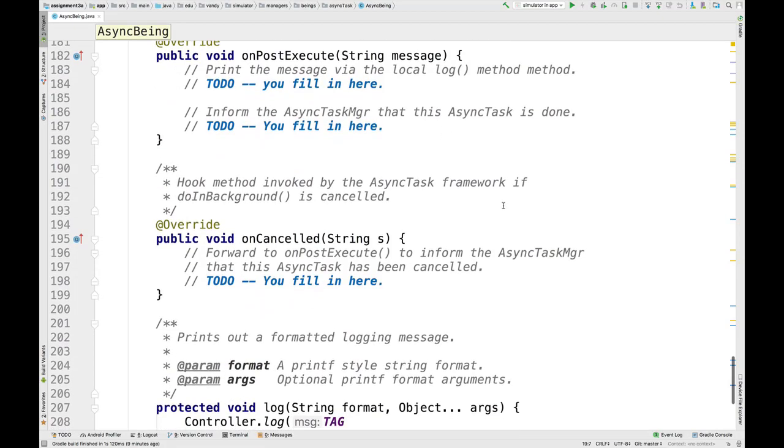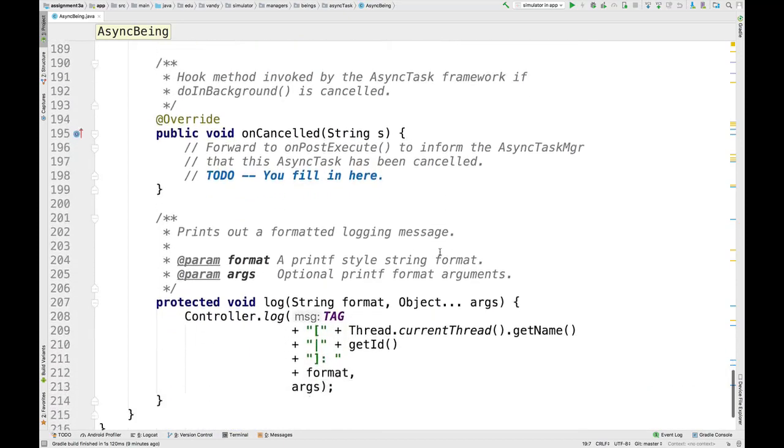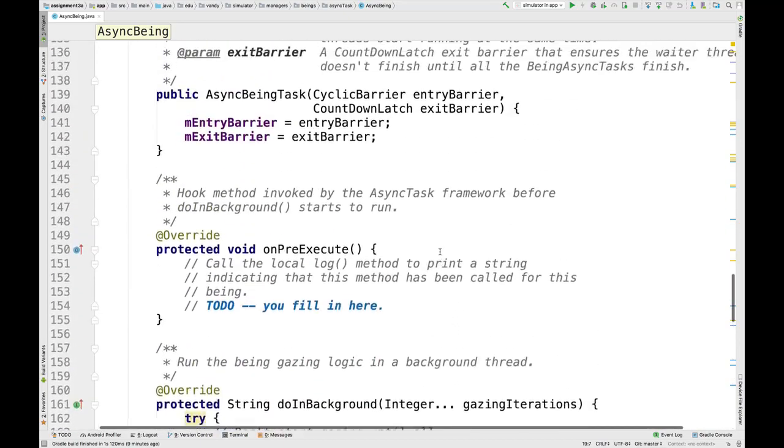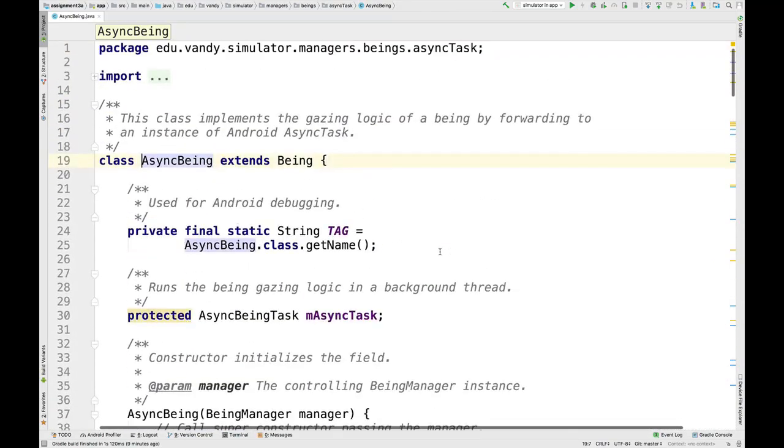If for some reason the async task is canceled, for example if you cancel things through the GUI, then the onCancelled method gets called. What this needs to do is just forward to onPostExecute, indicating what has happened, and let the onPostExecute method shut things down. So that's basically what you're going to have to do to implement the AsyncBeing class. There's a bunch of stuff going on here, and you'll be well advised to watch the other videos on how to implement async tasks, and of course come to class and ask questions in order to get this to work